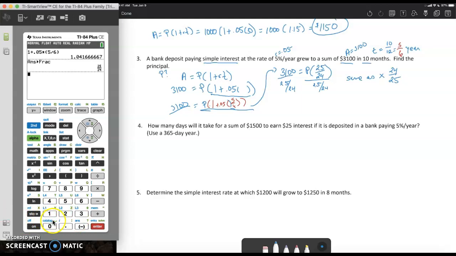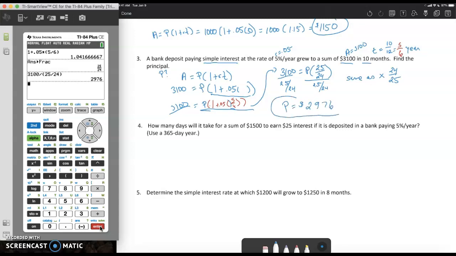So I'm going to take 3,100 and divide it by 25 over 24, or you can multiply it by 24 over 25. Either way, I get P equals